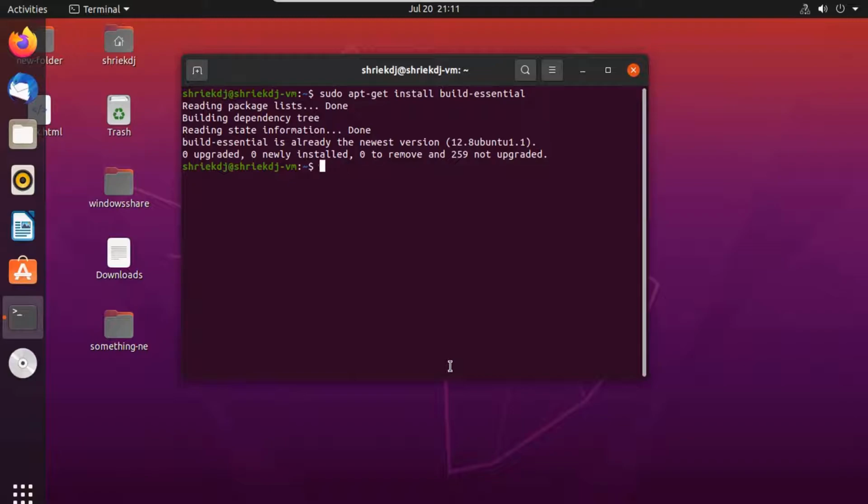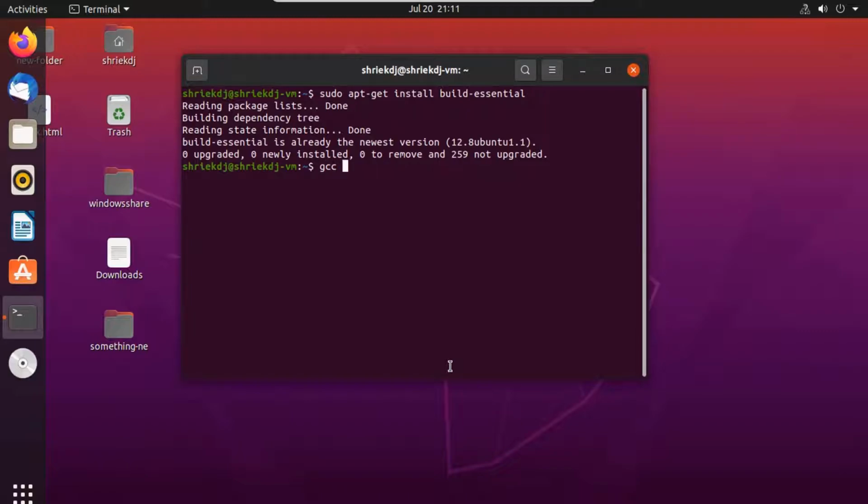It will ask you a yes or no question. Just select yes. It will download all the files. And what is build-essential? Build-essential is a package which is a bundle of GCC, G++, and make all at once.